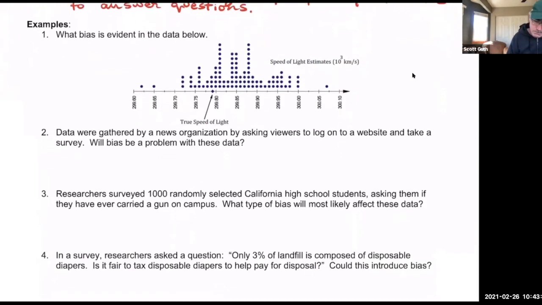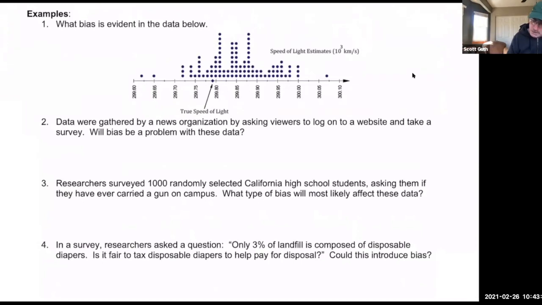Okay, so the first picture is something we'll see a few times this semester. We have this beautiful bell-shaped distribution of the first 100 measures of the speed of light that were measured here in Southern California. They had a cool contraption where they were shining a light, I believe, from Mount Baldy to a mirror on Mount Wilson, reflected back to Mount Baldy, to another contraption, which is just crazy when you think about reflecting to a mirror on a mountain that's dozens probably of miles away, and then trying to